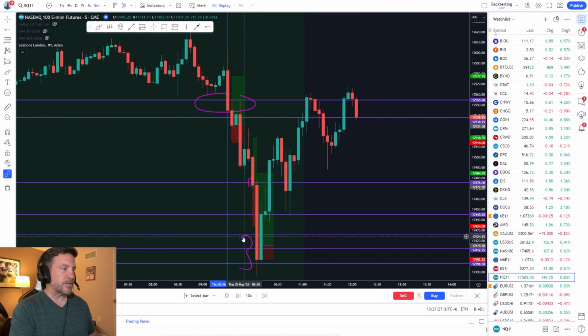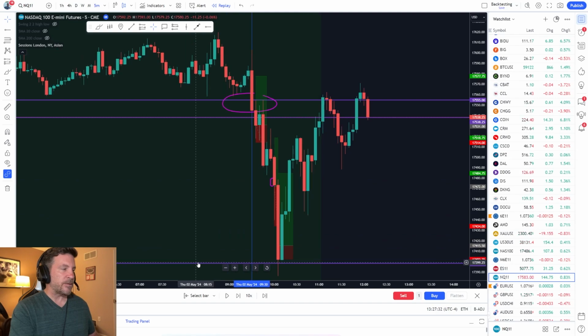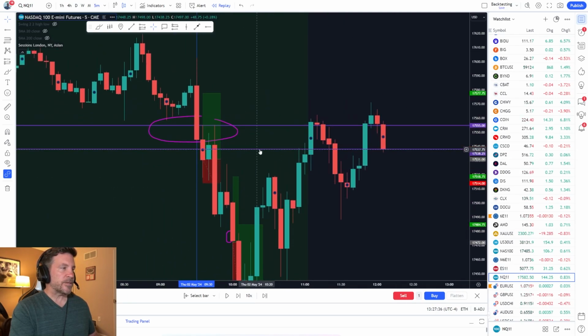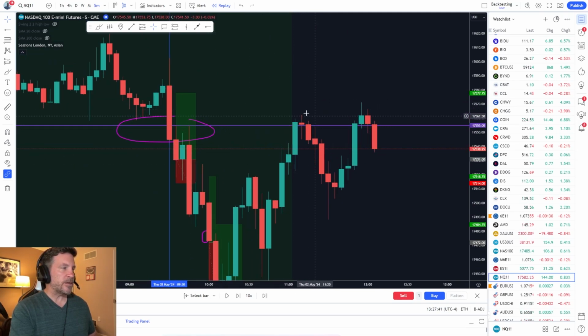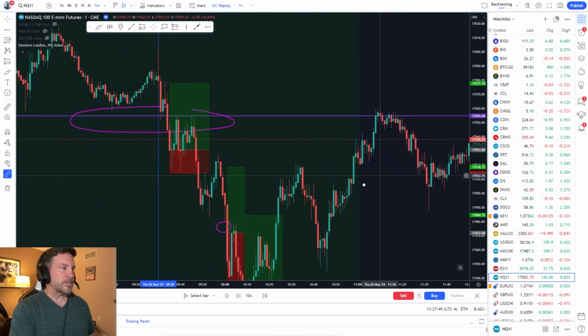And we'll just clean some of this up right here. I no longer need these levels because I took that trade already. And there we are. So here it is. We'll get rid of this, and right here, if I zoom in, you can see exactly what happened on the 1 minute time frame. If I drop down to the 1 minute time frame and go back over here, you can see right here,